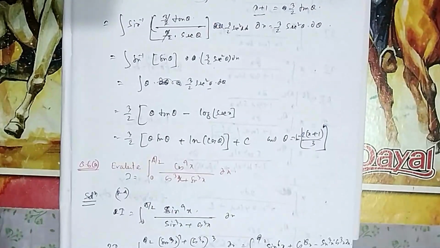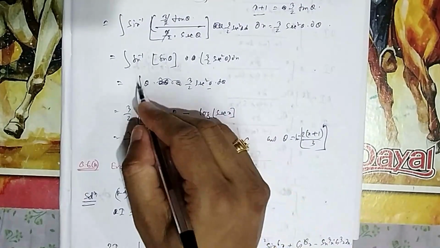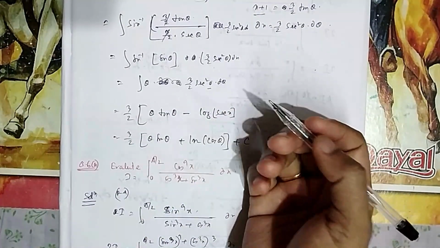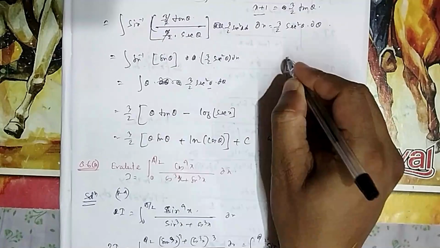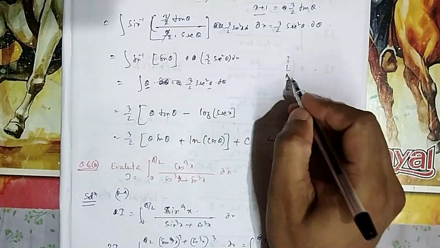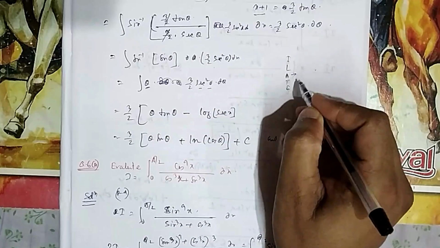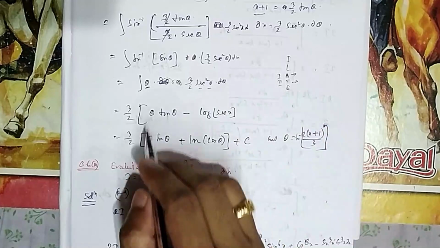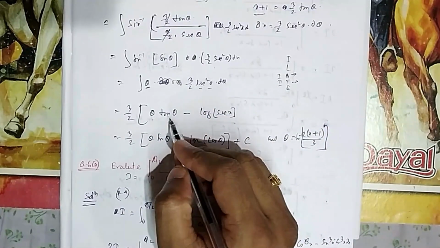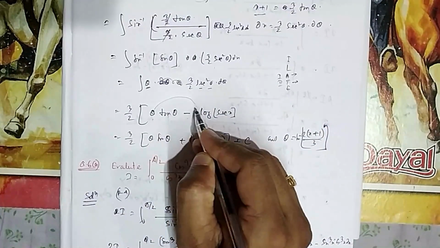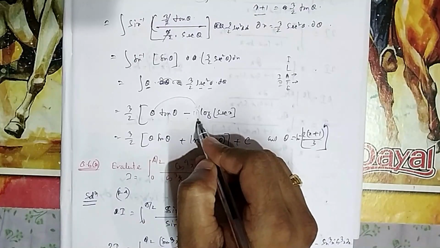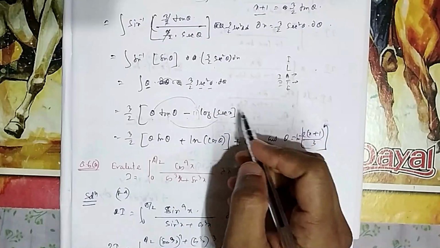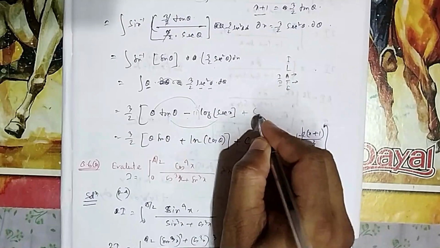Okay. So now what is the formula? It is now integration by parts, product of two functions. So 3 by 2 is a constant. Theta is algebra, and sec square theta is trigonometry. So the algebra will be the first function and the trigonometric one the second function, so you can apply that shortcut also. First function constant, integration of the second, sec square, is tan theta, minus differentiation of the first, theta, which is 1, with respect to theta, and integration of tan theta, that is log sec theta. That shortcut, or you apply by parts, times 3 by 2, plus c is always there.